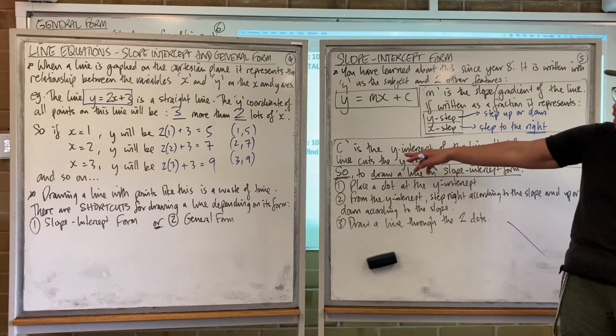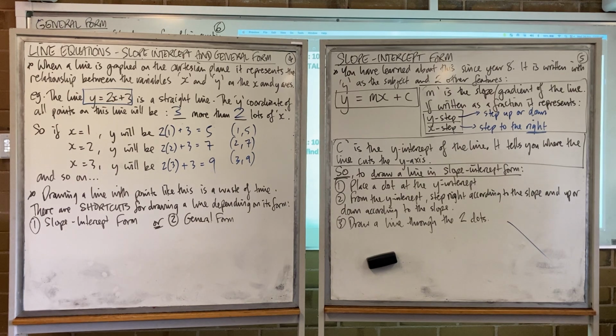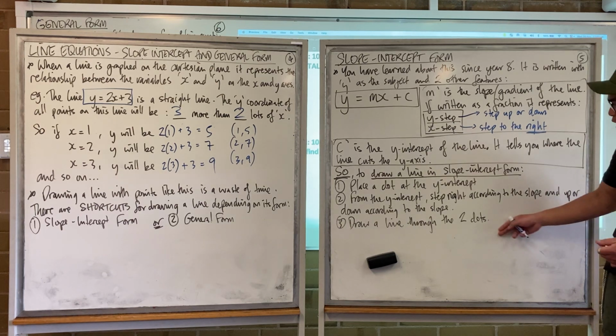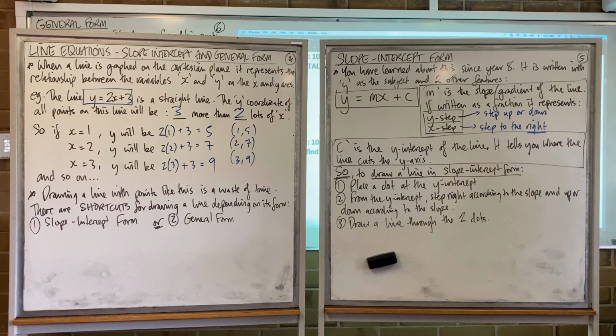What does the C stand for? C is the y-intercept of the line. It tells you where the line cuts the y-axis. So, if I wanted to draw a line in slope-intercept form, what do I do? One, I place a dot at the y-intercept. So I've got one dot on my